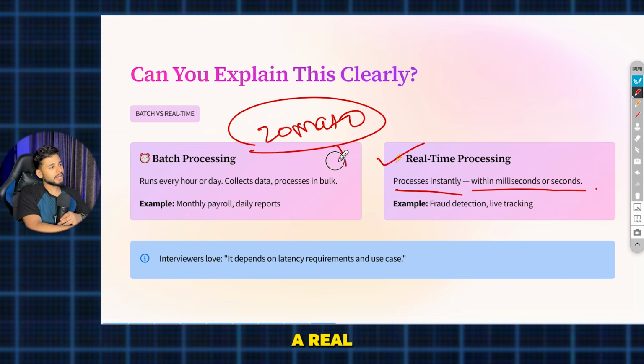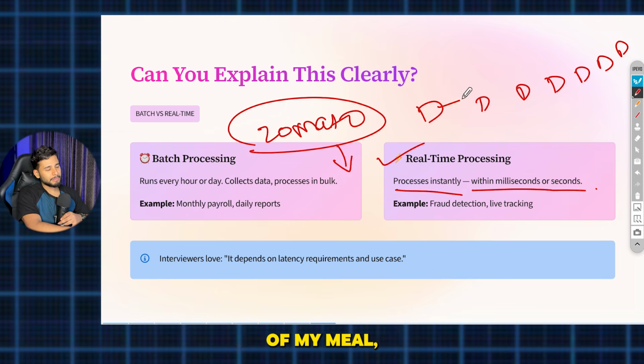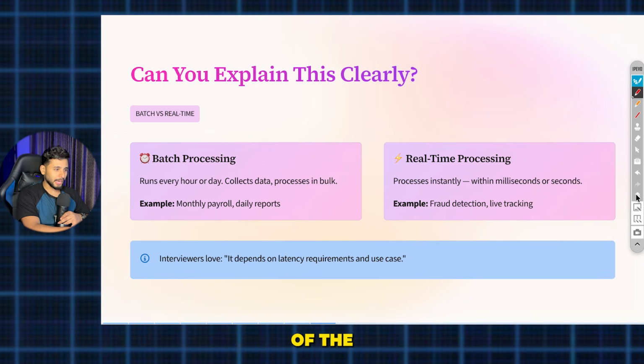You have built a real-time pipeline so that if I, as a consumer, order something, I can see step by step where the rider has arrived, what the status of my meal is, whether it has been cooked, whether it has been prepared, whether the order has been picked up, and where the rider is. I can see the movement of the rider, right? That happens because of real-time processing. That is called real-time.